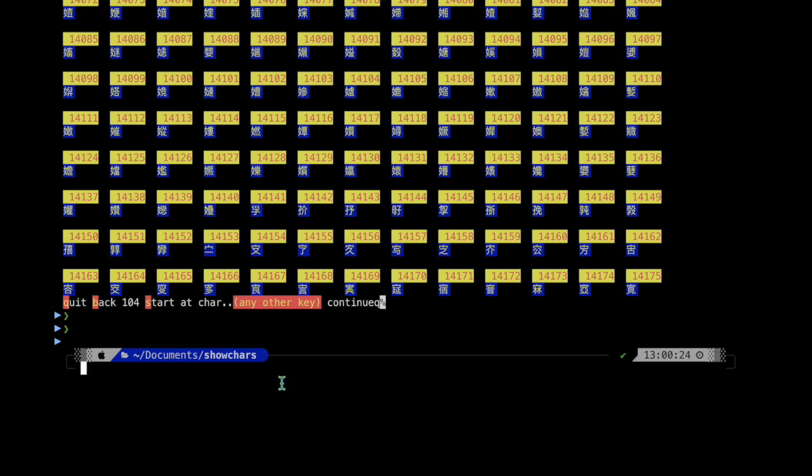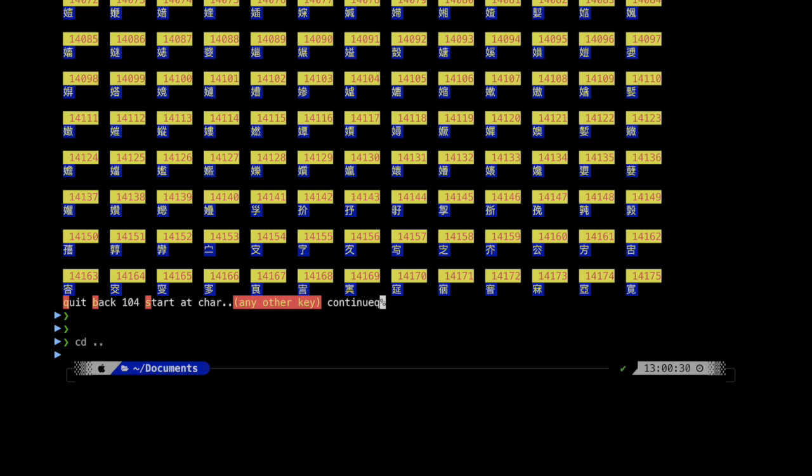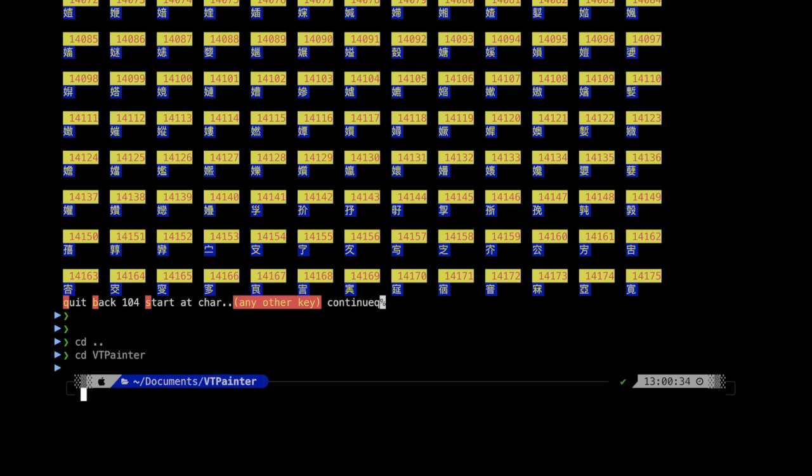So if I now show you what I've done, that kind of takes advantage. This is what I've been doing for the last year. It's this thing called VTPainter. I thought, why not make a program that lets you paint with it,